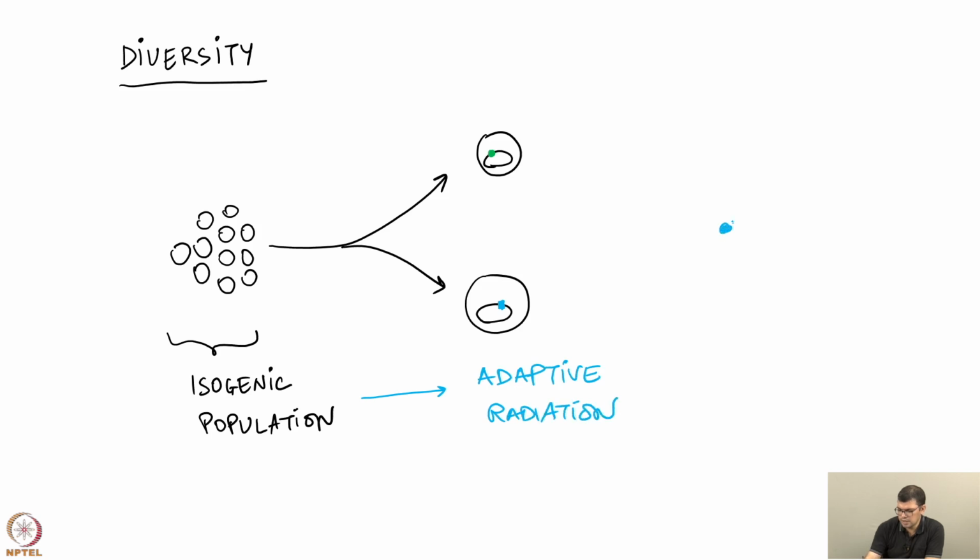That I started with one type and it just diversified into many types and occupied all the different niches that were available in the environment that I provided the cell. This is obviously important from the context of understanding how niches are occupied, and how many species will be supported in a particular niche in an ecological setting. It is important from the context of understanding what are the processes and forces which generate biodiversity, because if you think of it starting from 1 and ending with 5, that is the process of generating diversity in species. So it's an important question from a variety of contexts, and I want to discuss two